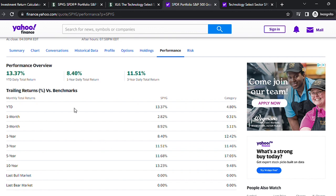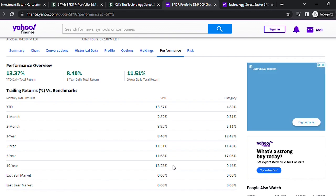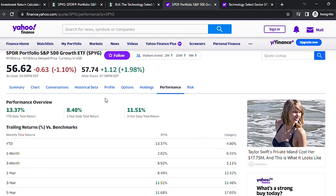Okay, but don't expect the average to always be 13%. This is a 10-year average. You might have some down years where it will affect it. As long as you get something close to 9% return, you will still achieve your goal of 50,000. All right, so let's take a look at XLK